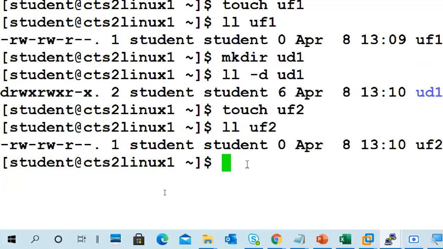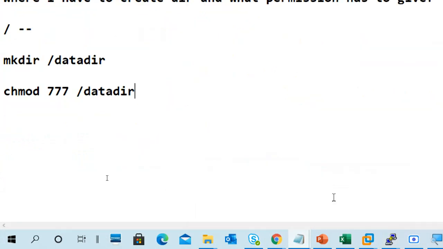Who gives this permission? How does the system know what permission it should get?